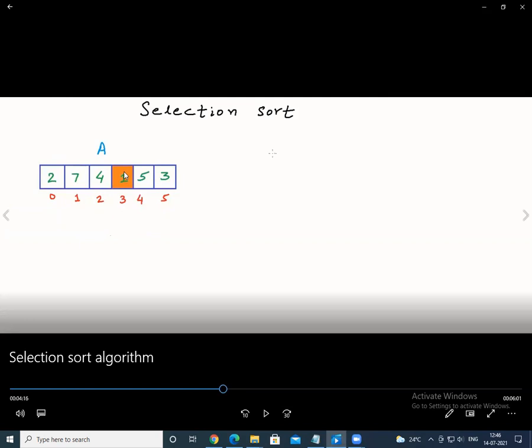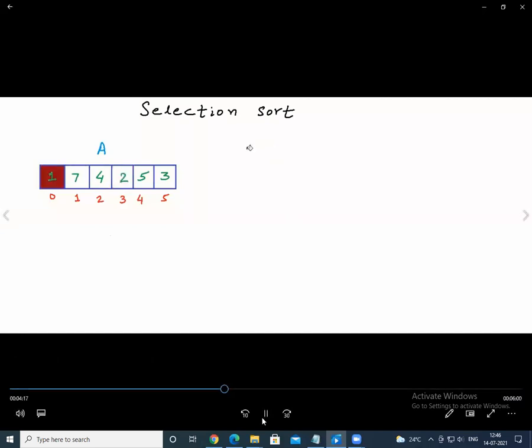By using the min function, you need to identify this a of 3. So a of 3 has to be simply replaced with a of 0, and you have to swap it. That is, 2 will come over here, 1 will be stored over here, right? That is the first iteration.